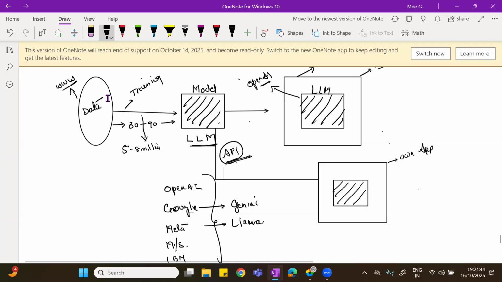Here, as we are getting this LLM into our system, this model we call a pre-trained model.